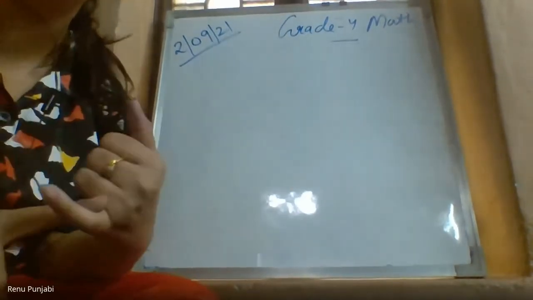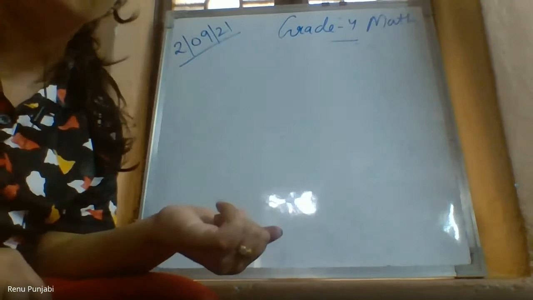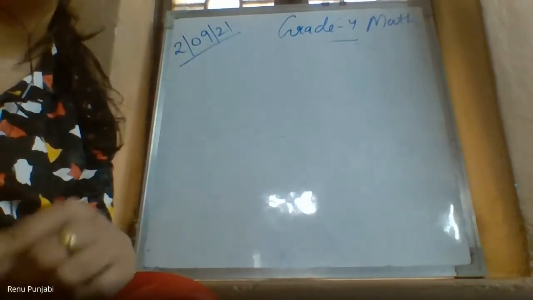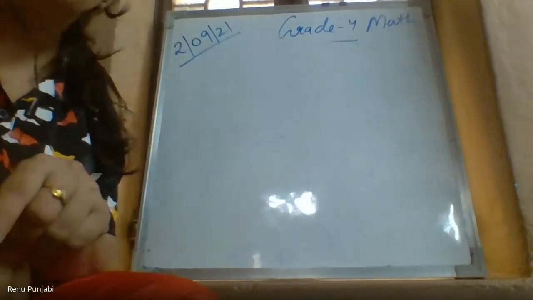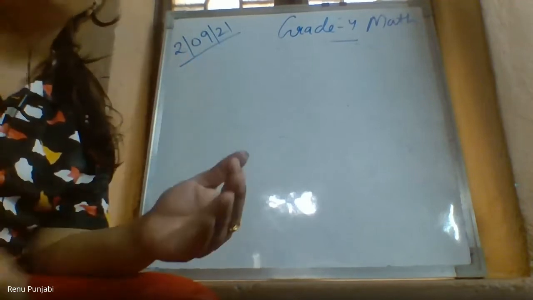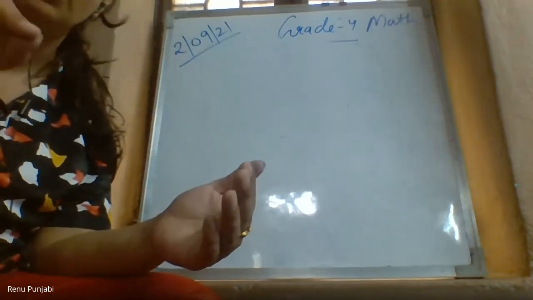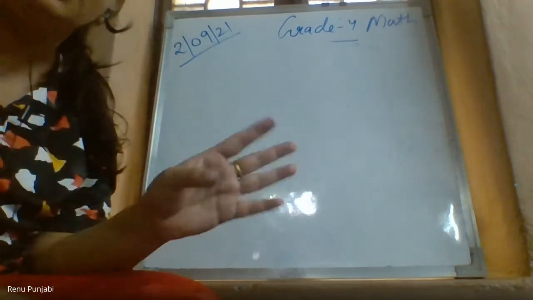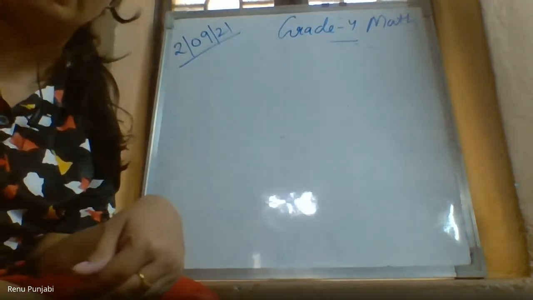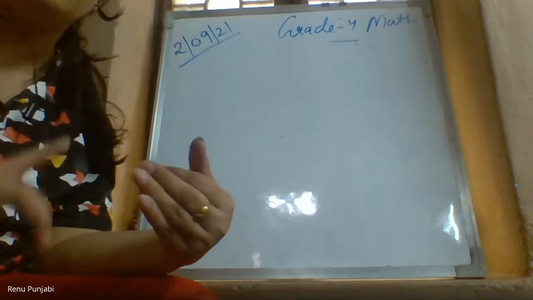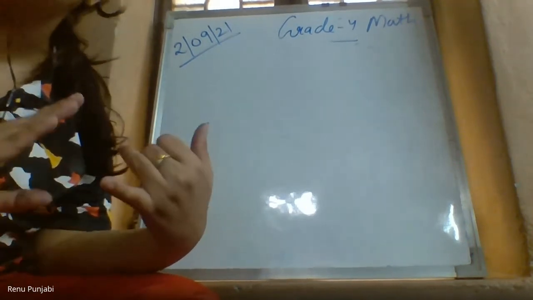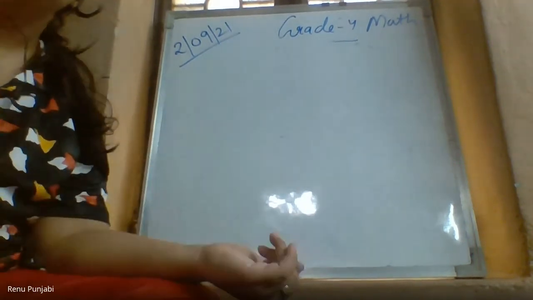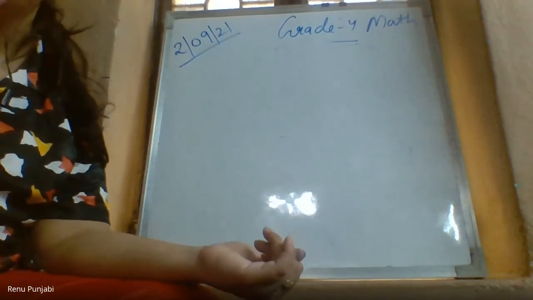So I am going to send you a Google form in the classroom, as well as here in the chat box. When you open the Google form, you will write the statements also. You can write either in capital or in small. It will accept everything because I am going to check it manually. Writing the statement is compulsory. You will get the space in the Google form and then you solve it. Got it, everyone?